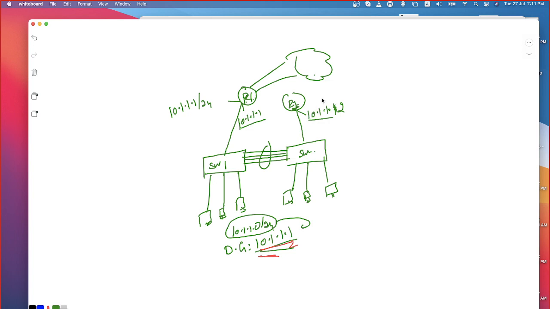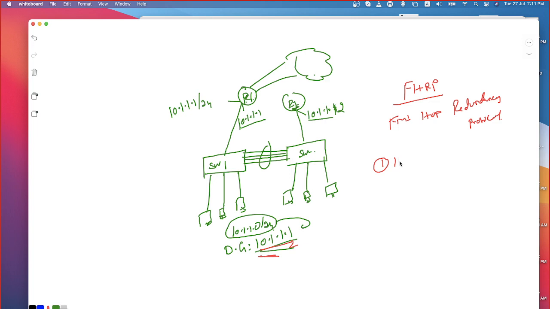out via that. But we are talking about the redundancy. Redundancy means what? If something goes wrong with one, the other one has to take over. That is the concept of redundancy. So that is where we are going to be discussing something called FHRP. FHRP stands for First Hop Redundancy Protocol. So there are many first hop redundancy protocols.